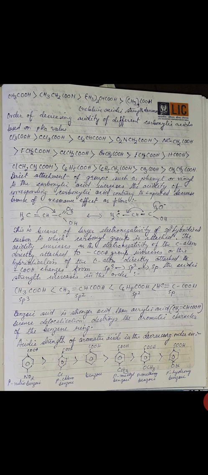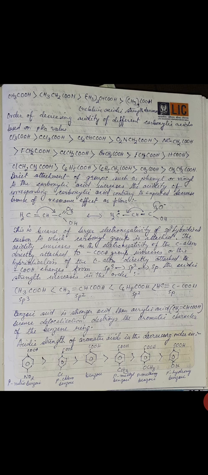So here also I have given that CF3COOH is more acidic as compared to CCl3COOH, that is more as compared to Cl2CHCOOH, that is more as compared to NO2CH2COOH, that is more as compared to CNCH2COOH, that is more as compared to fluoroacetic acid, that is more as compared to chloro, that is more as compared to bromo, that is more as compared to fluoro, and that is more as compared to formic, that is more as compared to chloropropanoic acid, that is more as compared to benzoic acid, that is more as compared to C6H5CH2COOH, that is more as compared to acetic acid, and that is more as compared to propionic acid.